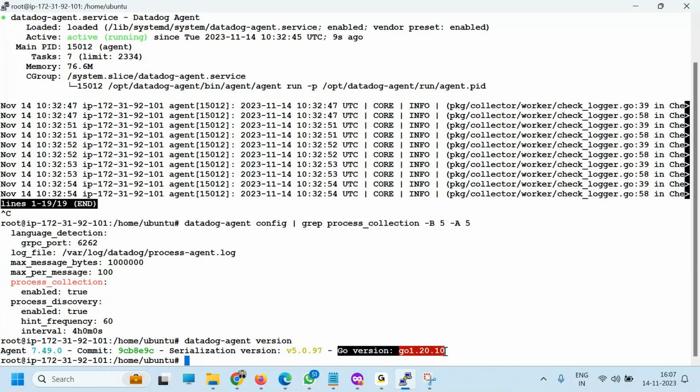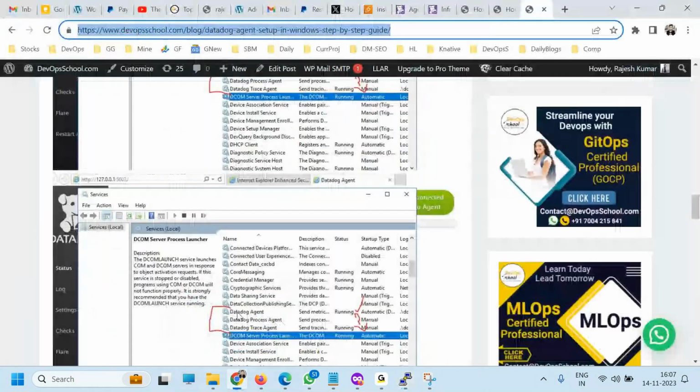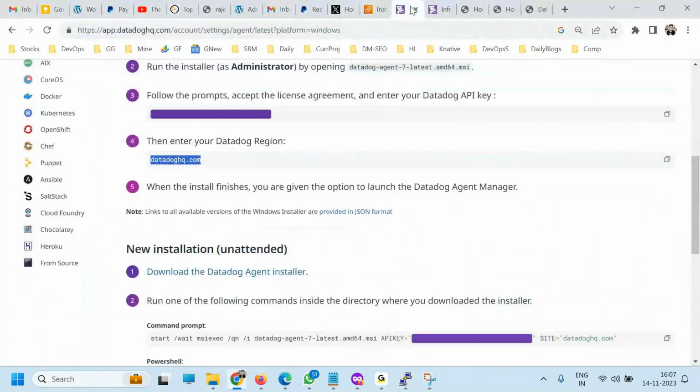So if I want to go for the n minus one version, it is already hard coded, right? As in the S3 script. So if I want to go for n minus one version, how to? If you want to deploy the older version, then in that case you have to work with a little bit of scripting, and let me show you this one.